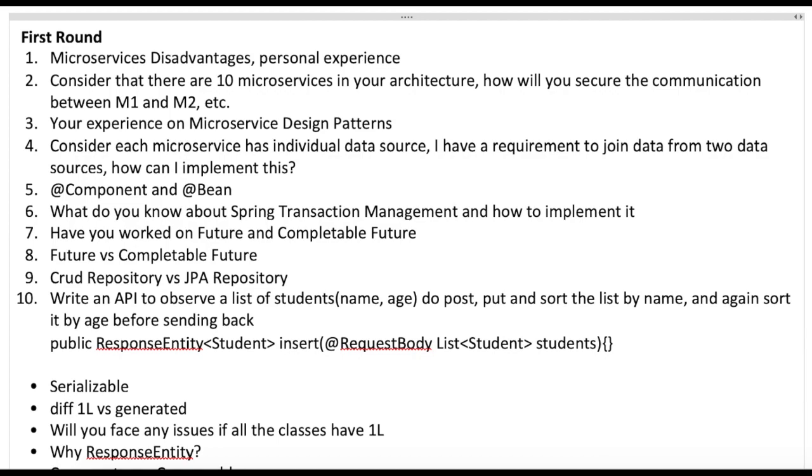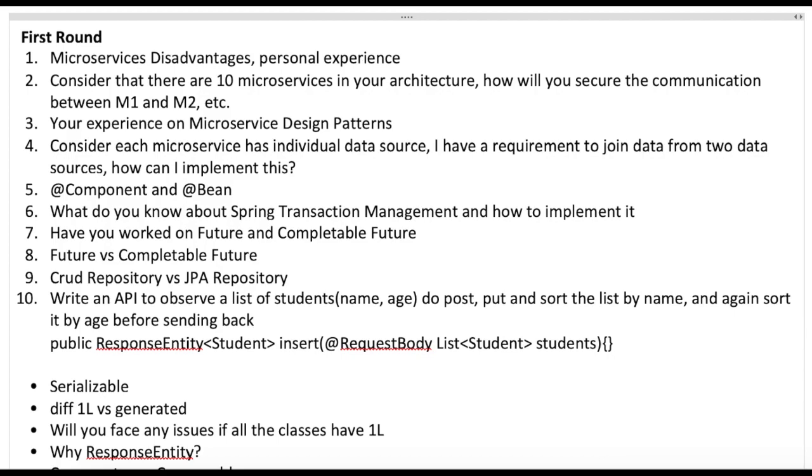Then you can use an API gateway to federate the communication between these two systems. And there are a lot of other things you can do, like restricting network access between microservice A and B and C. There are a lot of things you can do with respect to communication, so you can put in different points for this.